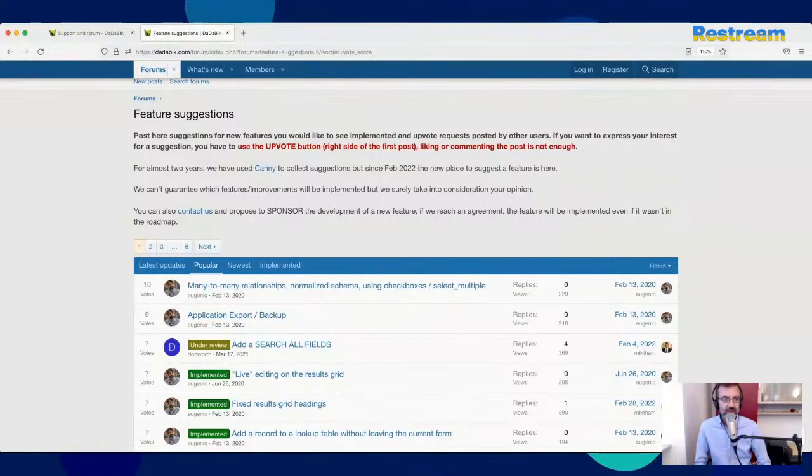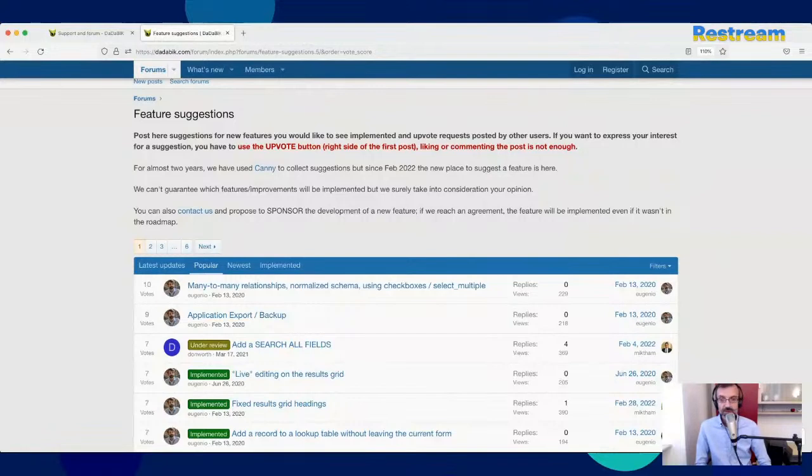I would say at least half of all the new features implemented started from some ideas here. Then, of course, there are other features that I just decide to implement because I think it's the right thing to do. But most of them are here before becoming official.